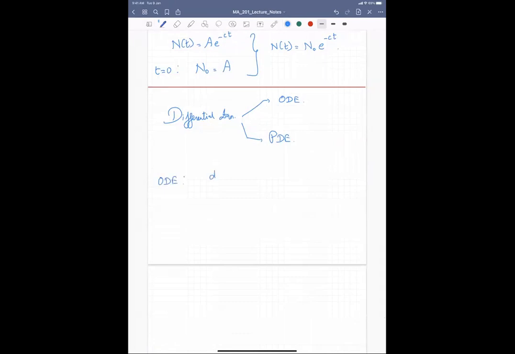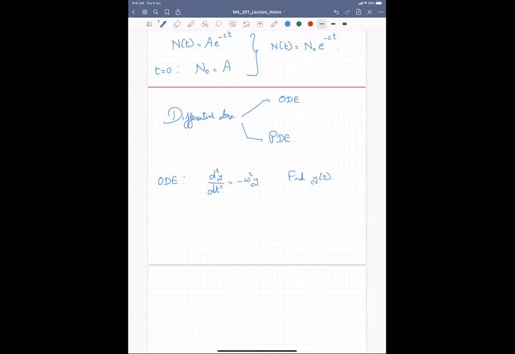So d square y over dt square is minus omega square y. This is a very famous second order differential equation, the simple harmonic equation, where the solution y depends on only one parameter that you have to fix, y of t. Solution means find y as a function of time. I can make this a little more complicated, but as long as it depends only on one variable, this is an ordinary differential equation.